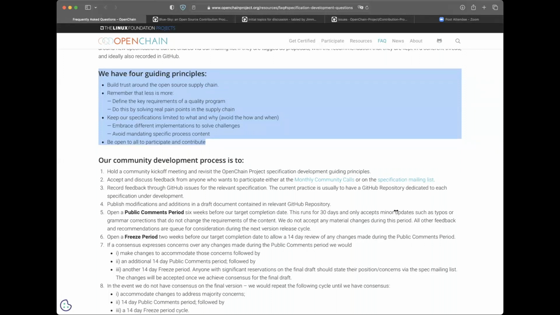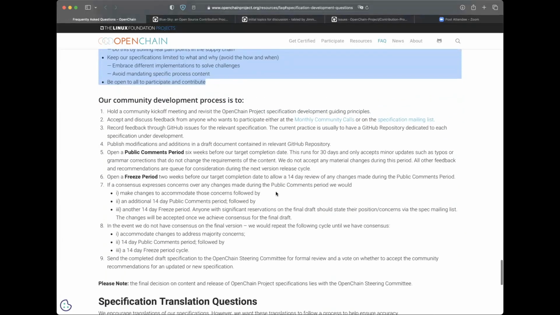I'll pause here and check if anyone has any questions about those guiding principles. For reference, we have used them since the beginning of the project, and we have found them successful in building now 2 ISO standards. But that doesn't mean you should not have questions about it. So if you have any questions, please let me know now. Okay, if there's no questions, we'll look at the actual development process.